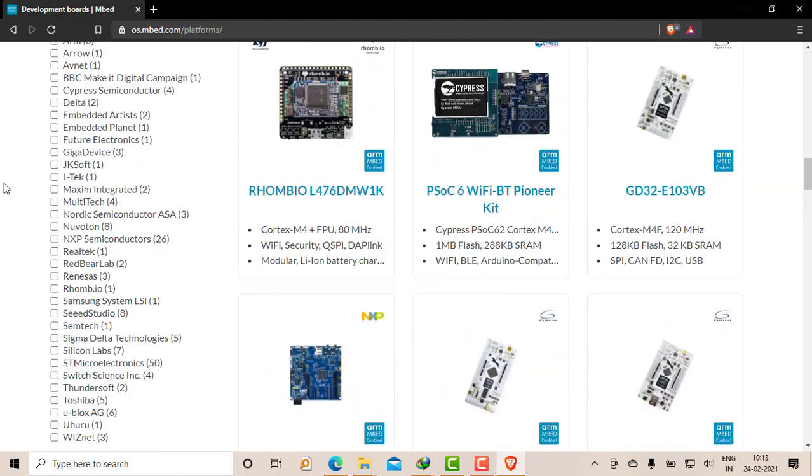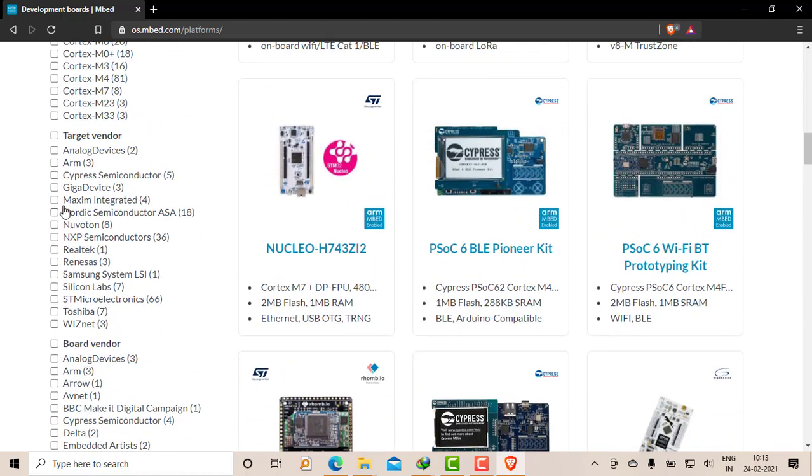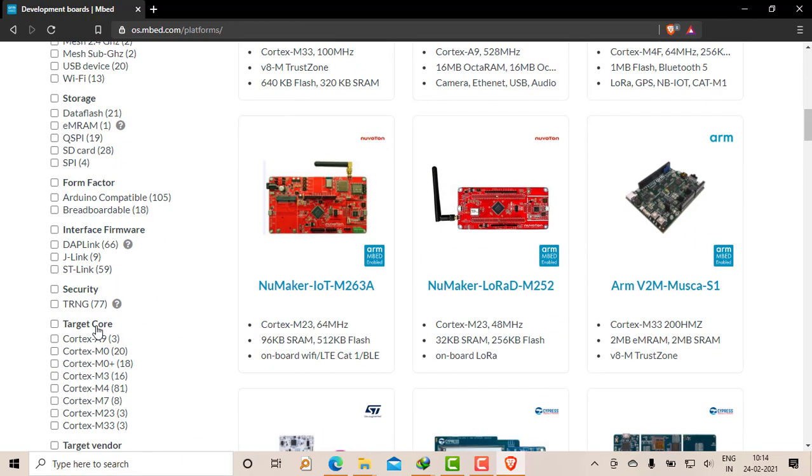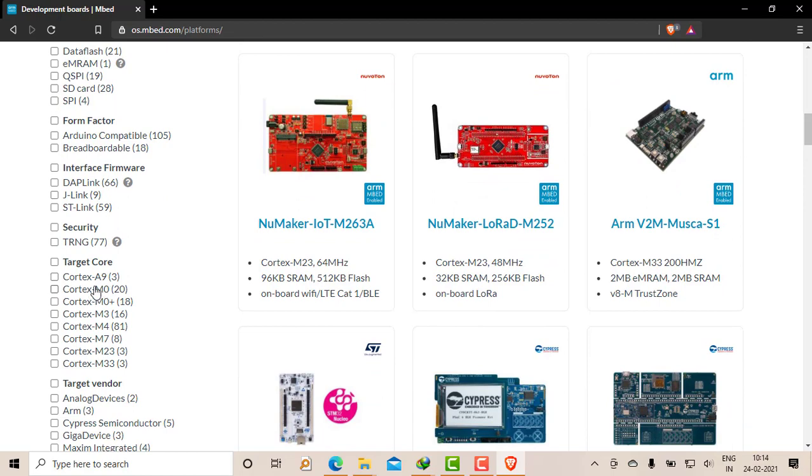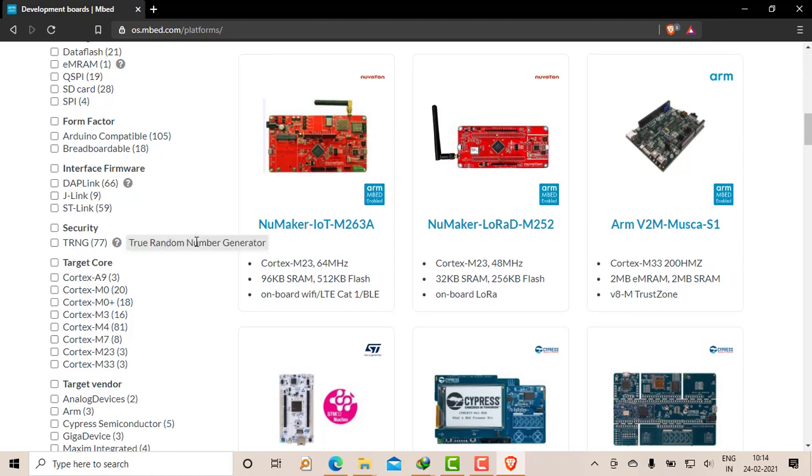So many versions and many companies you will get here. There is Analog Devices, ARM, Cypress Semiconductor, GigaDevice, Maxim Integrated, Nordic Semiconductor, Nuvoton, NXP, Realtek, Renesas, Samsung, Silicon Labs, STMicroelectronics, then Toshiba, WIZnet. It supports Cortex A5, A9, M0, M1, M3, M4, M7, M23, M33 and so on. It supports JTAG and all as well.